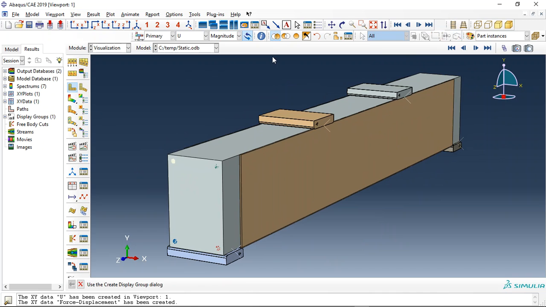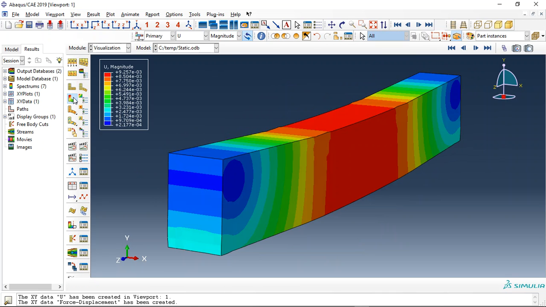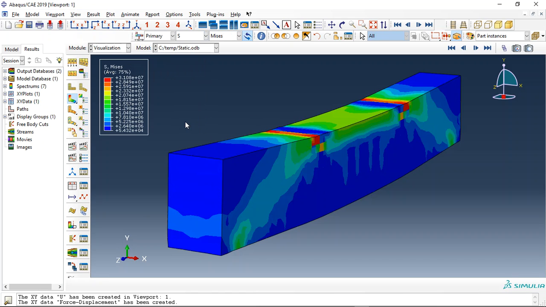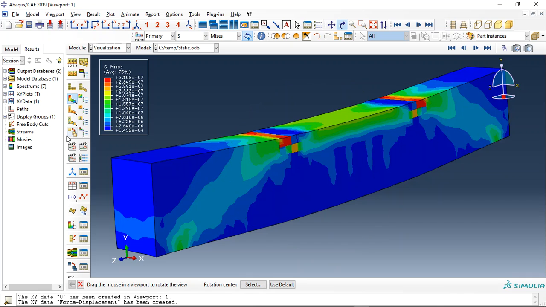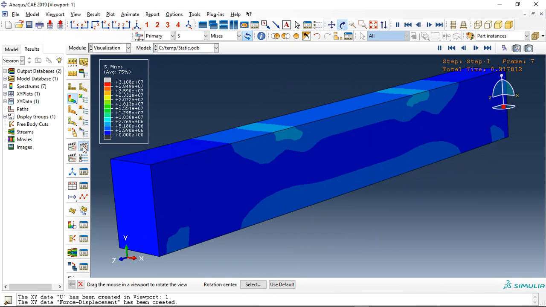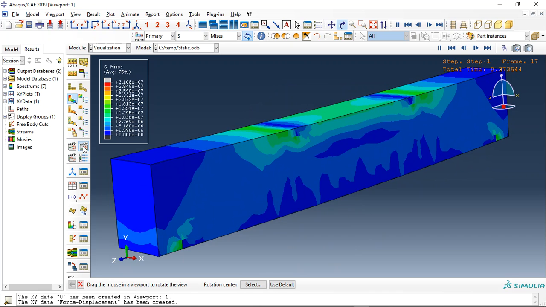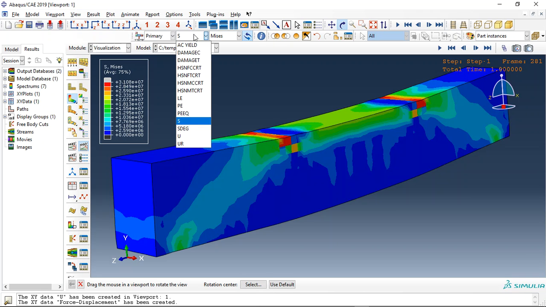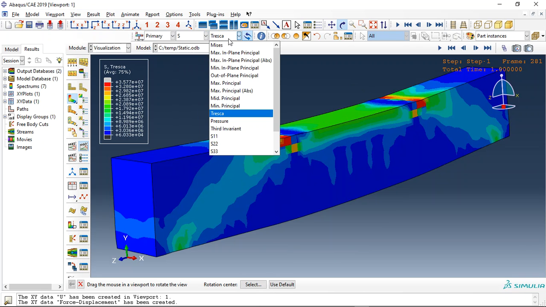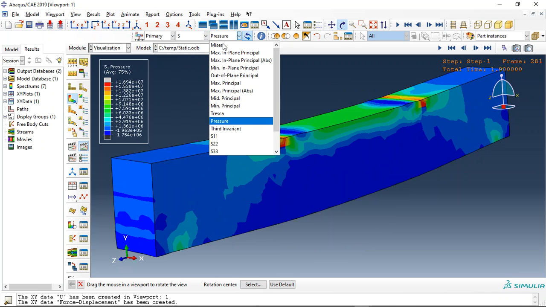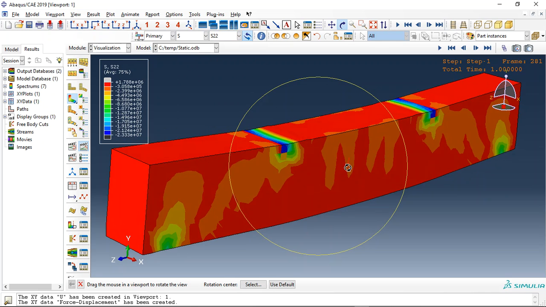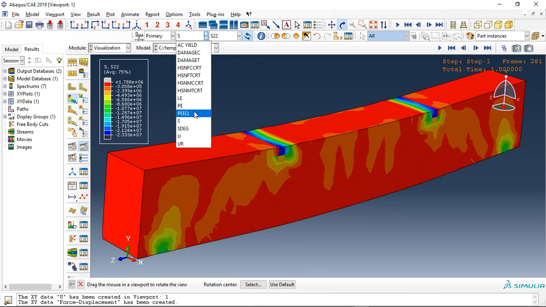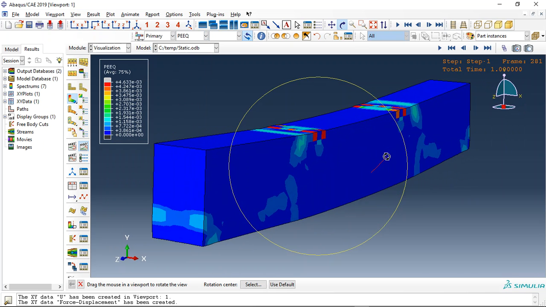And let me just now hold the concrete first. Click on contour plot shape. This is the displacement, the stress which happened during the analysis. See, this is the stress propagation. Okay, and you can see Tresca criterion for that, or pressure, or S22. And also plastic strain for the concrete